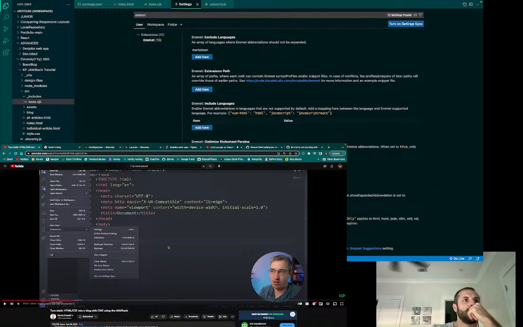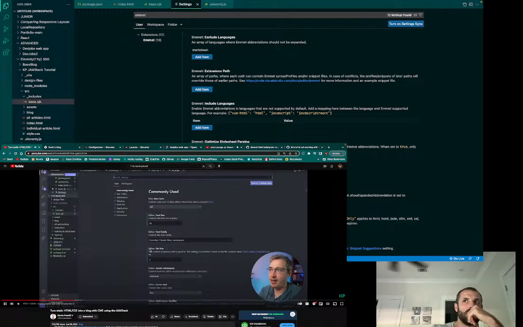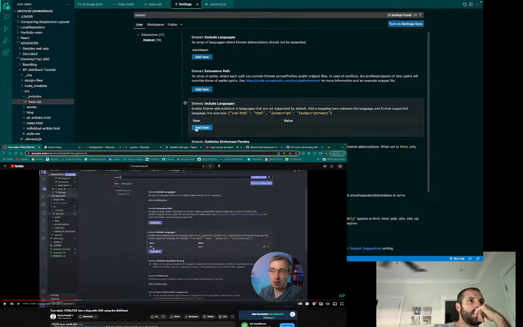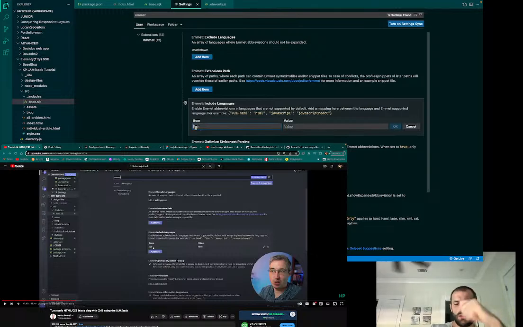Where do you go from there? Or Control comma, probably Command comma if you're on a Mac. Come up here and write Emmet. It might not work by default, so you actually have to tell Emmet to include languages. Add item NJK, HTML. I would have never known to do that, but